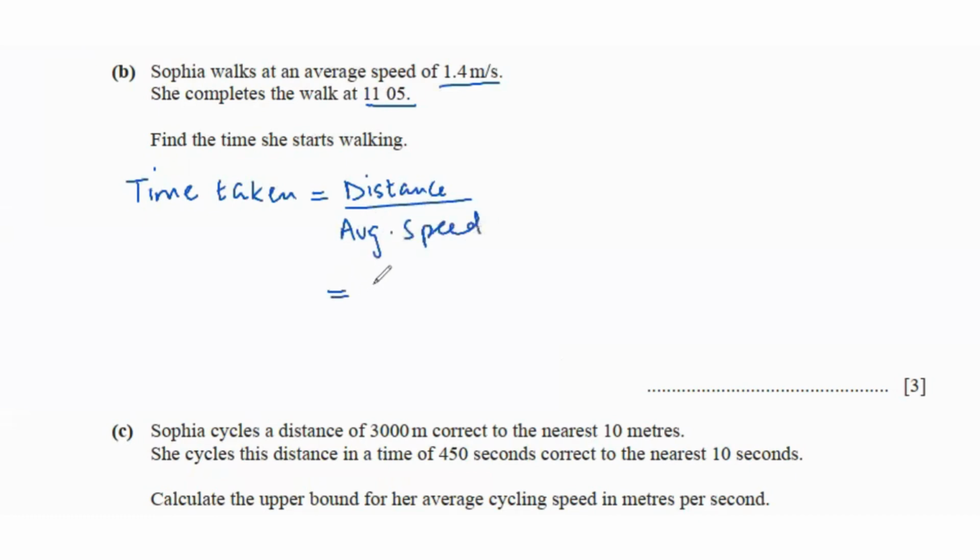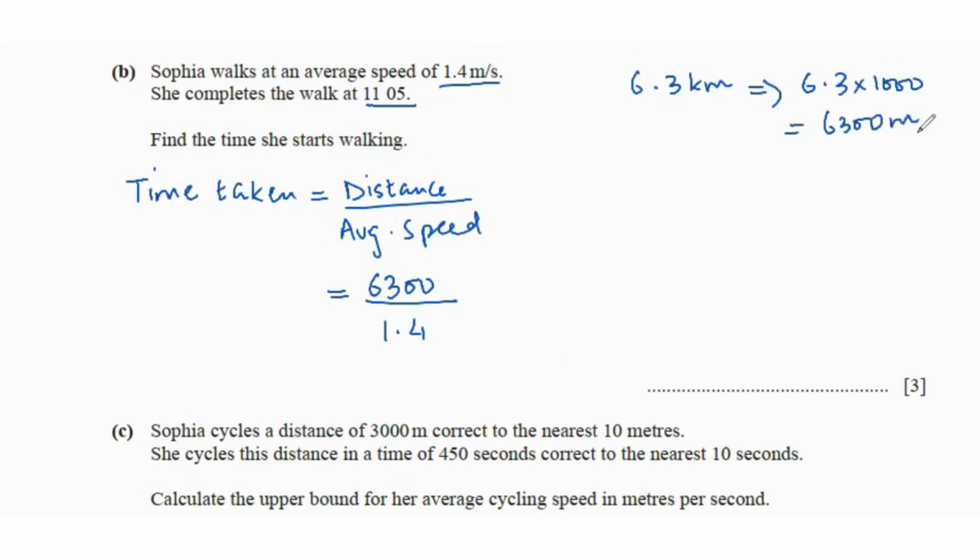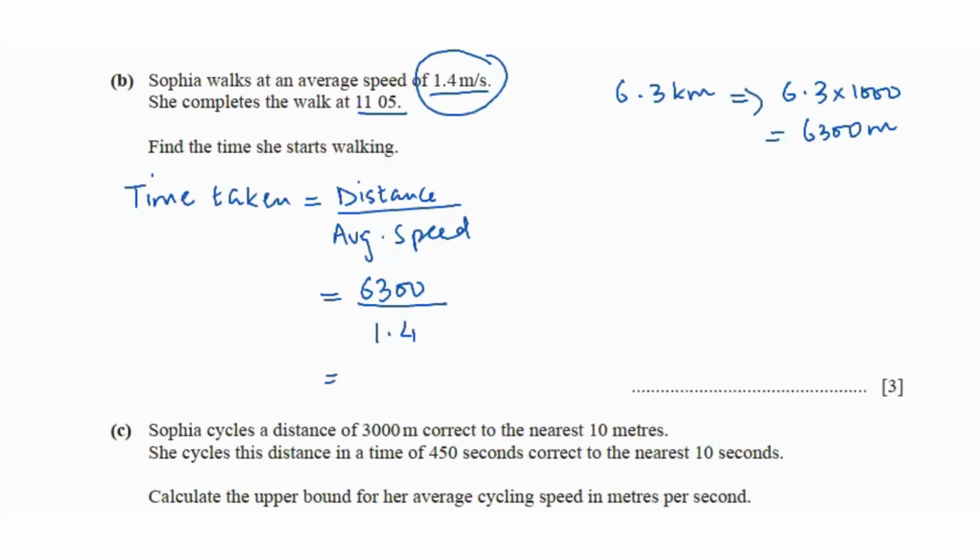So that's going to be 6,300 divided by 1.4. Why 6,300? Because she walked for 6.3 kilometers. So I'm converting 6.3 kilometers into meters by multiplying 6.3 by 1,000, which is going to give us 6,300 meters. The reason why I'm converting this into meters is because the average speed is given in meters per second. So 6,300 divided by 1.4 is going to be 4,500